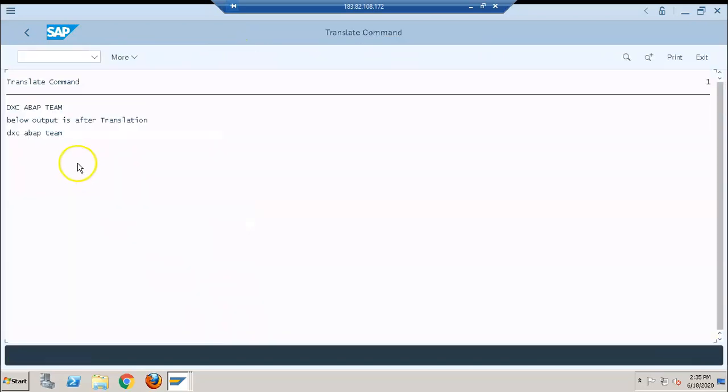Okay, so here we have DXC ABAP team, and the output below is after translation. So this was originally in uppercase. Now we have moved it into lowercase.